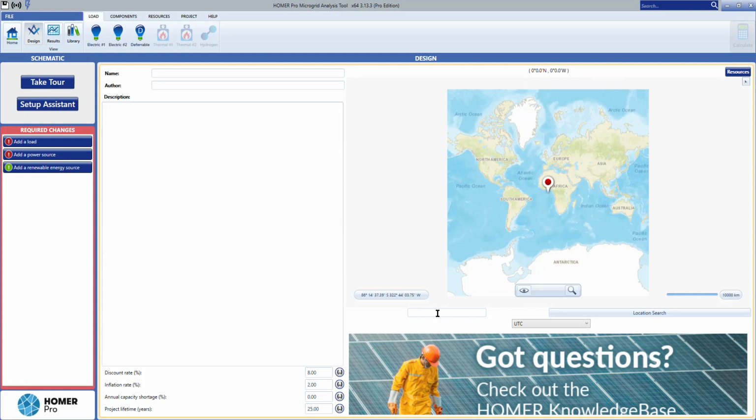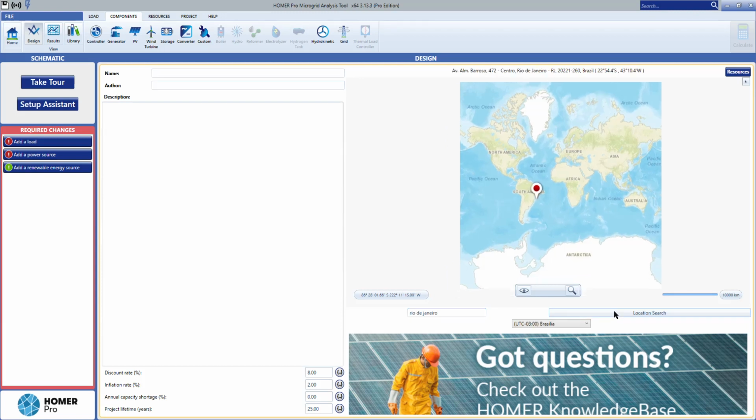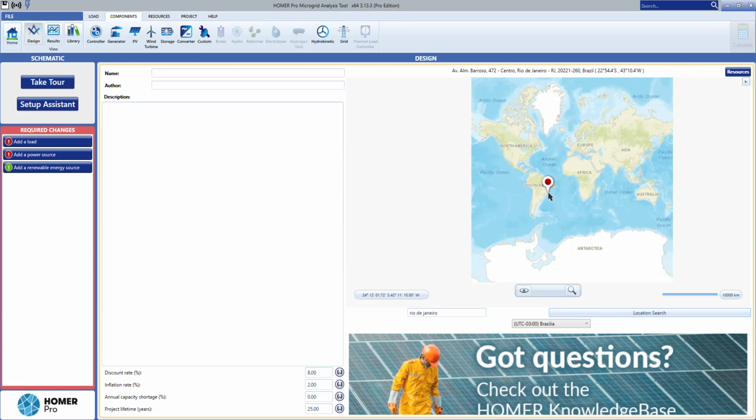Okay, so an off-grid household. First of all, an off-grid, it means that it is not connected to a grid. So that means we don't have any grid connected. This component we don't need to add. And in Rio de Janeiro, so first of all I need to look for this location. Since there is no specific longitude and latitude, I'm going to look for Rio de Janeiro by searching for it easily,